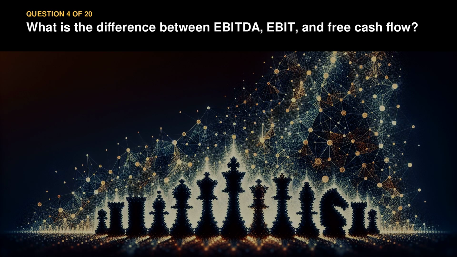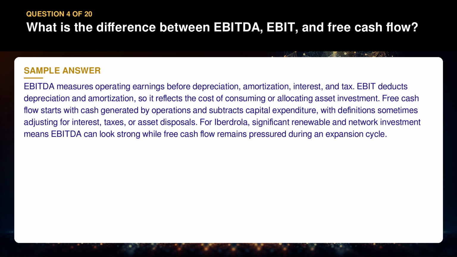Question 4. What is the difference between EBITDA, EBIT, and free cash flow? EBITDA measures operating earnings before depreciation, amortization, interest, and tax. EBIT deducts depreciation and amortization, so it reflects the cost of consuming or allocating asset investment. Free cash flow starts with cash generated by operations and subtracts capital expenditure, with definitions sometimes adjusting for interest, taxes,